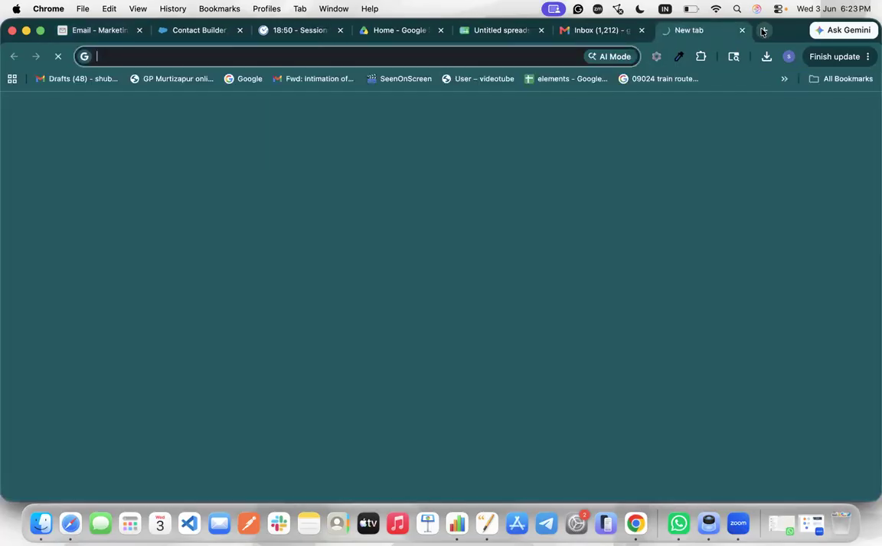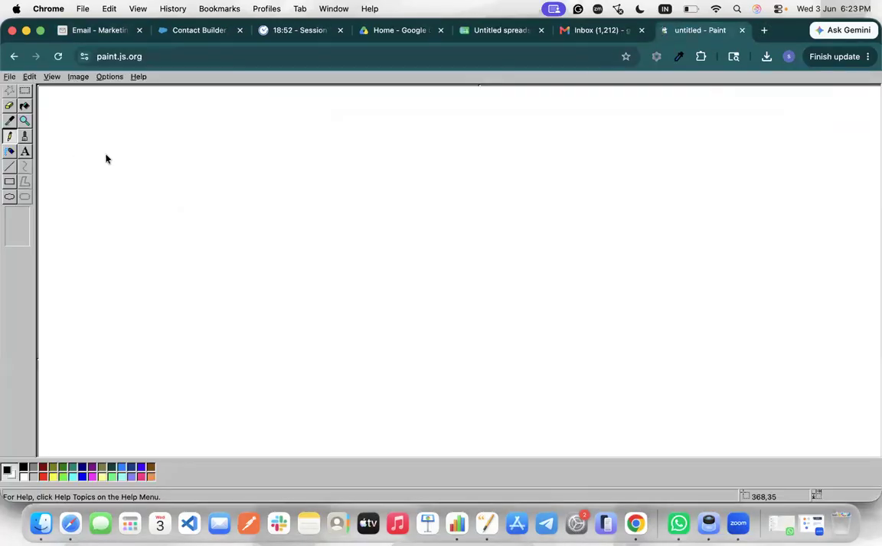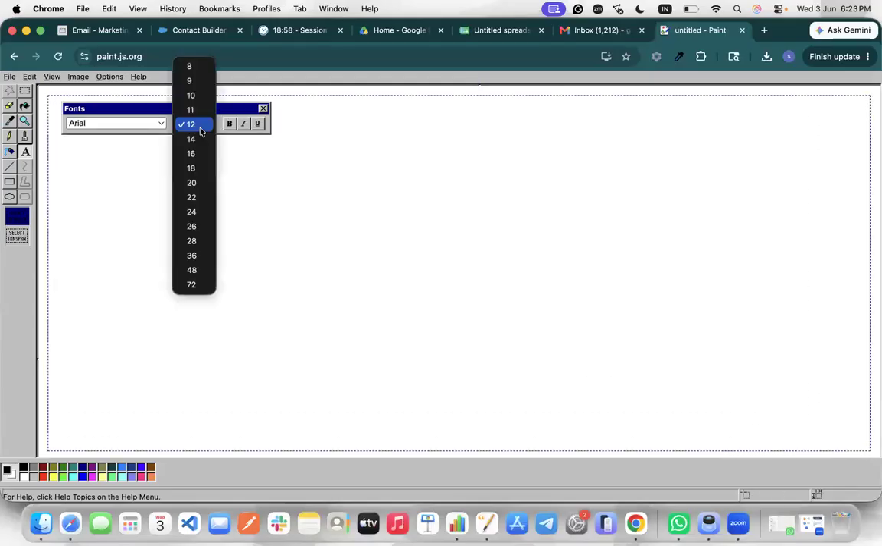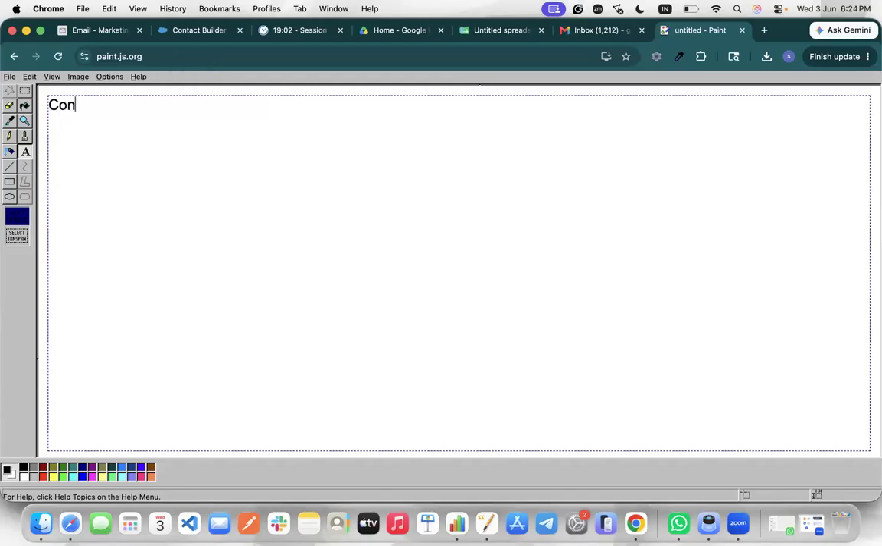Now coming to the main topic. In today's class, we have built the contact based data model. Let me write it down. We have built contact based data model. What is contact based data model? Contact based data model can be a complex